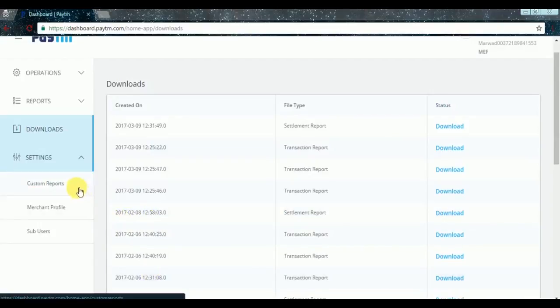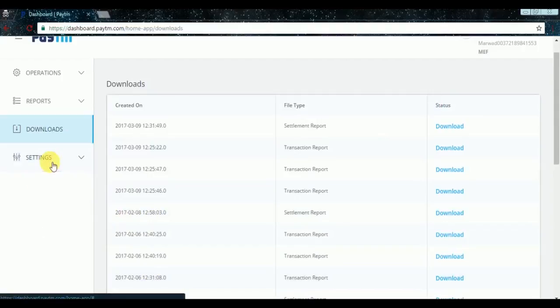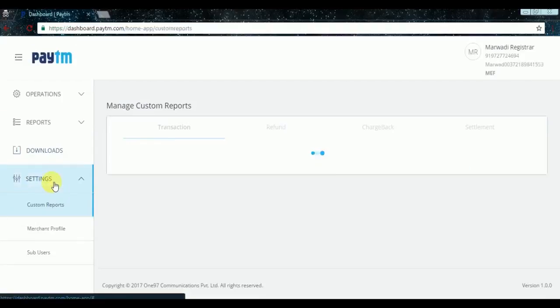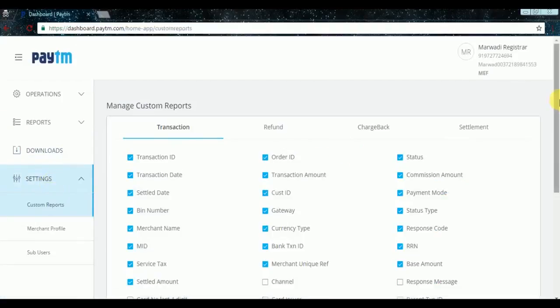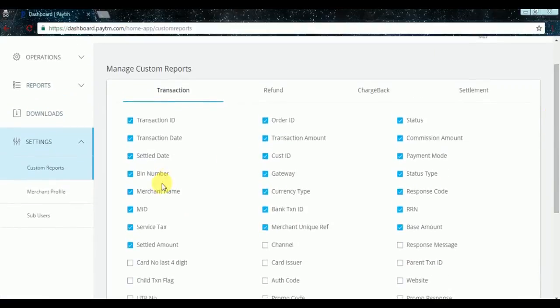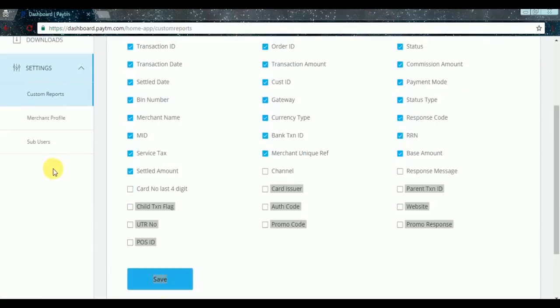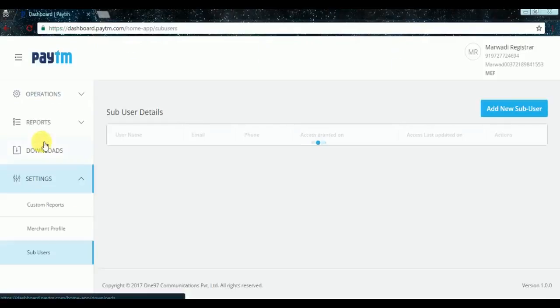Next is how to customize the reports. Inside settings, you can customize the reports for a particular sub-account. These are the fields which you can show in the report of a particular sub-account. Next is how to create sub-users of this dashboard.